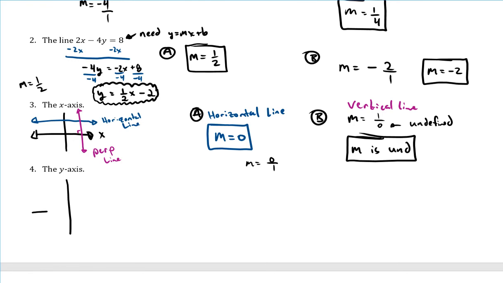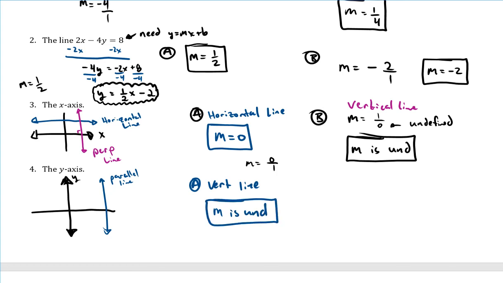Okay, and then one other, here they're doing the y-axis. That's the y-axis right here where I'm putting the big arrows on. So there's our y-axis. And if I want a line that is parallel to the y-axis, here's our parallel line. Our parallel line is a vertical line. So for A, we do have a vertical line this time. We just talked about a vertical line has a slope that is undefined. And then for B,